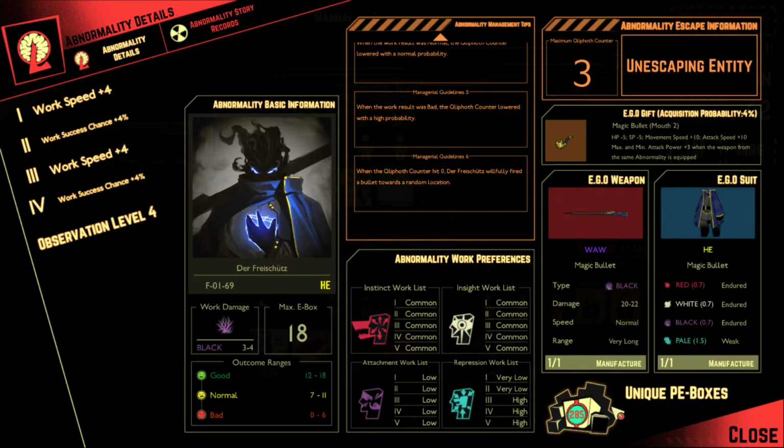You can tell that I've done quite a bit of work on him already. I've got his weapon, I've got his suit. They are uniques. He is a HE class. And he deals decent black damage, but he is an unescaping entity. He has a mouth to accessory, and it's actually quite good. So you get hit points. Well, that could be a minus to hit points and sanity points, but